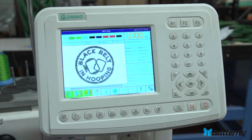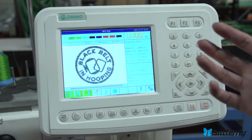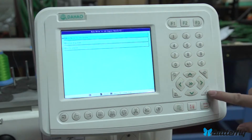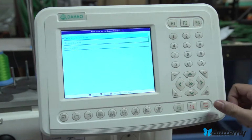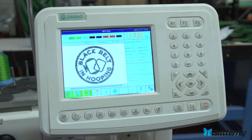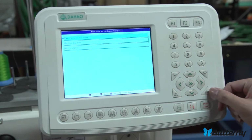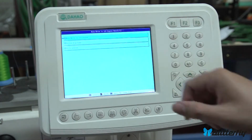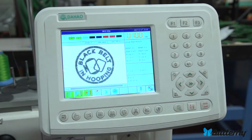Return the shaft to 100 degrees. Most embroidery machines need to have the shaft at a hold position or 100 degrees before it can do anything, especially color change. So when the machine is at rest, that shaft is usually at 100 degrees. If after travel or after some event it's not exactly at 100 degrees, the machine will complain. So if you press this button here, this dot here, you can see move the main motor to 100 degrees. If I press that, press enter here, it just spins the main shaft and brings it back to the home position or 100 degrees. This is pretty important for you if you are a technician, but if for some reason your main motor is not 100 degrees and it's complaining, then press the dot here, main motor 100 degrees, press enter,